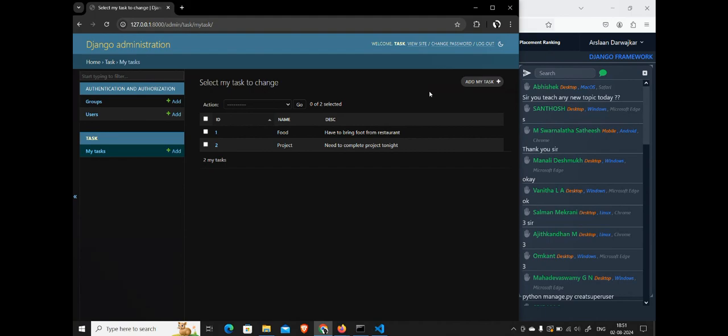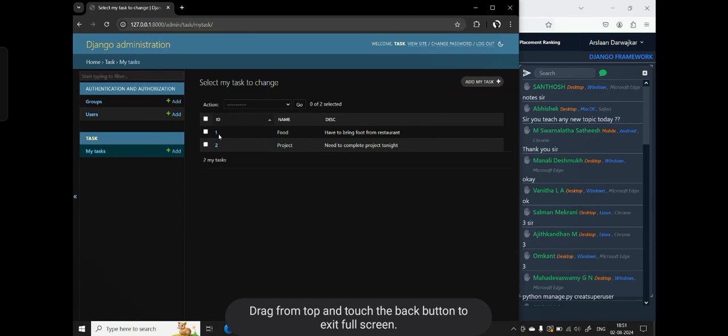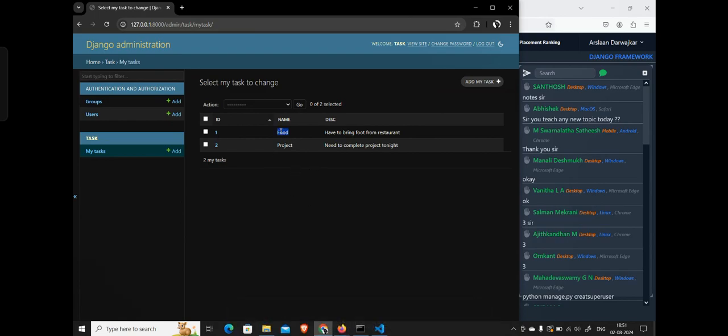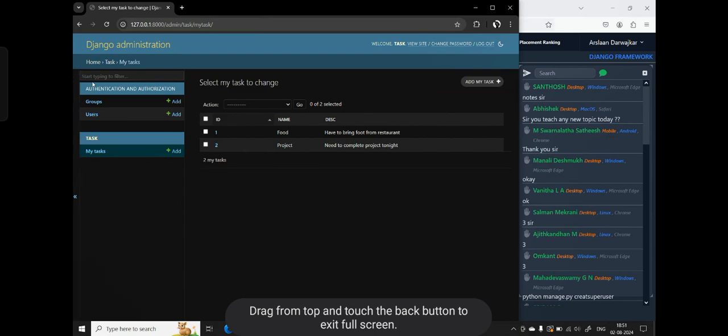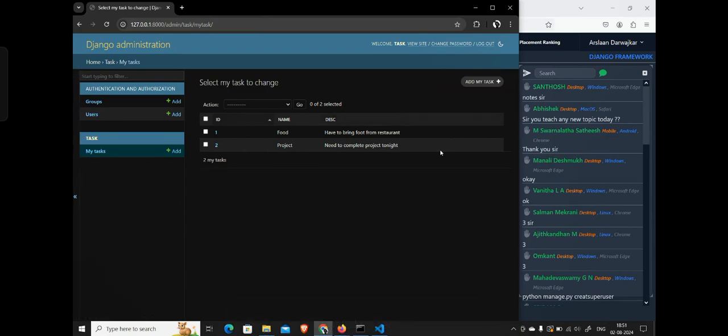Yes, Abhishek, I'm going to teach that. Any of these tasks, if you go inside, you can edit any of that task, correct? You can edit and save it. So basically all these CRUD operations you are doing using this interface. What if you want to create